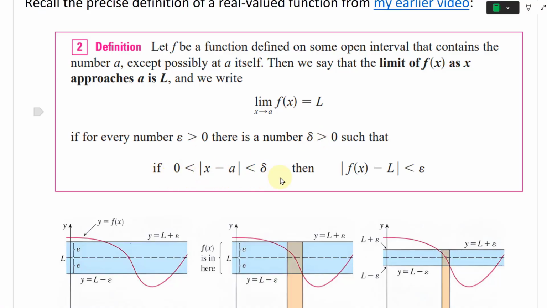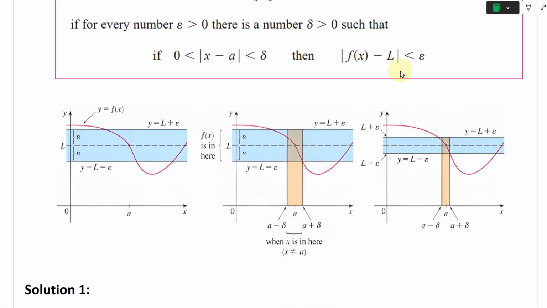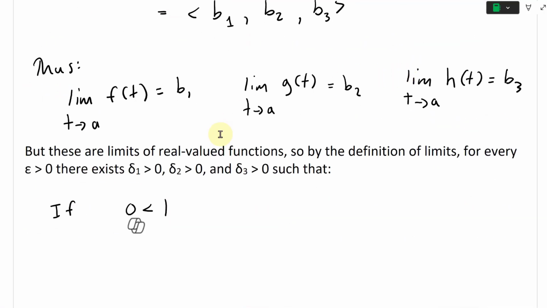So we're just going to write the interval: x minus a between 0 and delta. And now we'll have this. Then we're going to have the difference between f of x and L less than delta. In our case, we're going to just divide it by 3, and I'll illustrate why. So this is the absolute value of t minus a less than delta 1, then